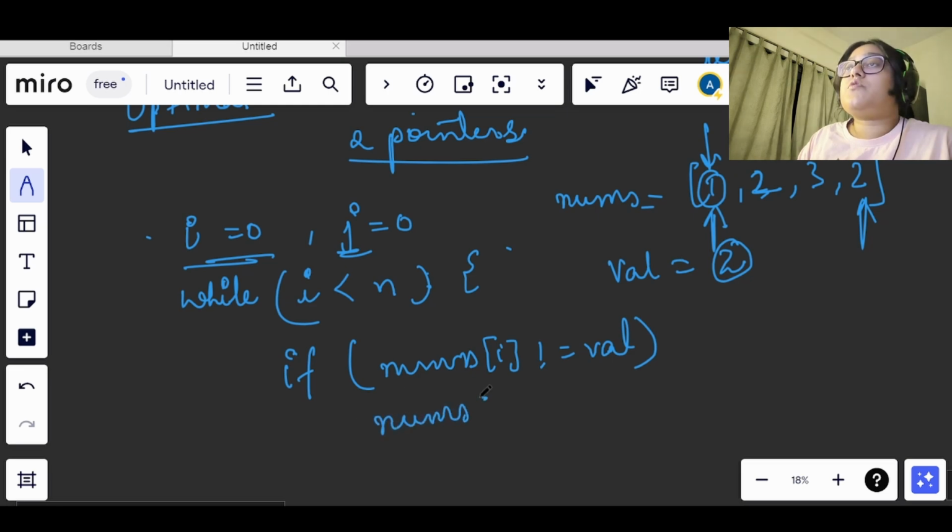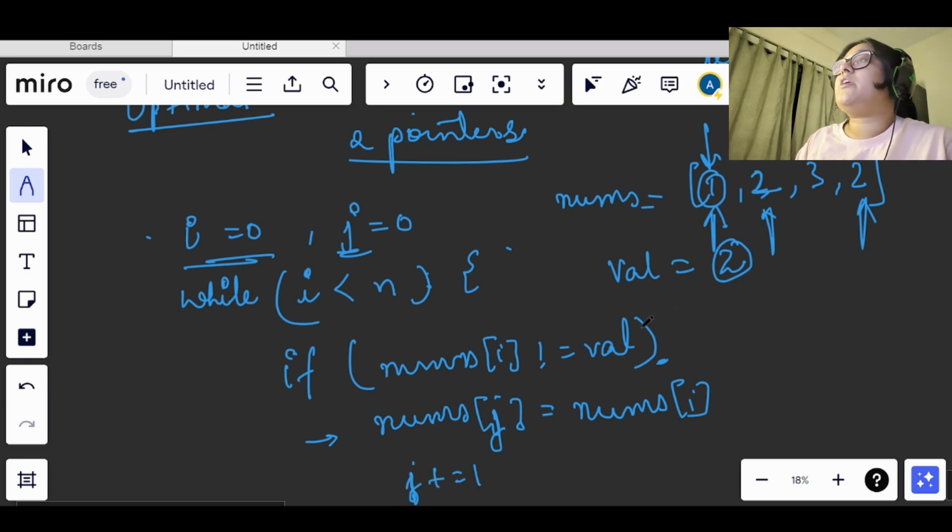So nums of j is equal to nums of i. This insertion will not be visible here because the value is the same, it will be visible on moving forward. Only when we meet this condition will we add this value to the jth index, and only then will j's value increase.